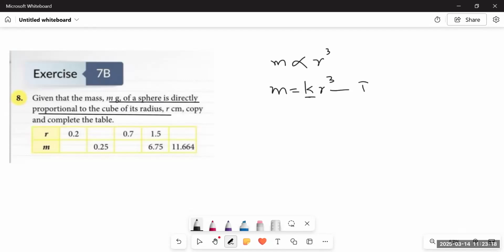This would be the equation that we have to replace with the value of k. So for this, we have to find out the value of k. How are we going to find it out? M upon r cube is equals to k, where the value of m and r cube we can take from where the values of both r and m are given, which is 1.5 and 6.75. So we are going to substitute the value of m with 6.75 and that of r with 1.5. Then we will take its cube, 1.5 cube. For this, we have to multiply 1.5 into 1.5 into 1.5.